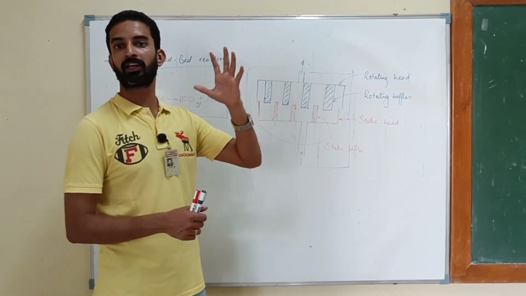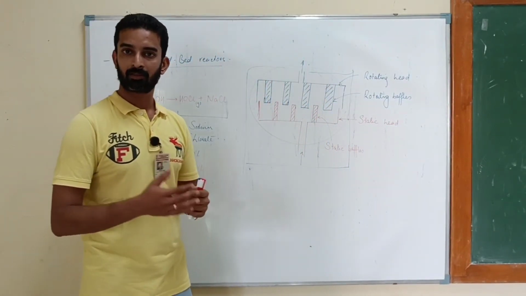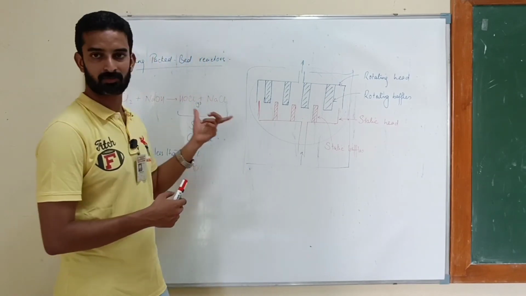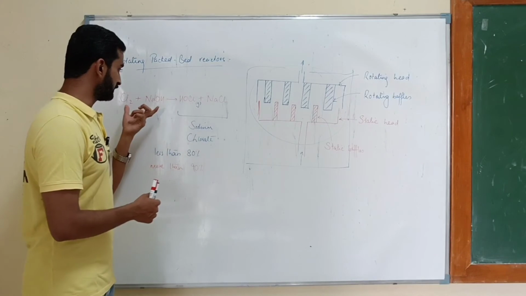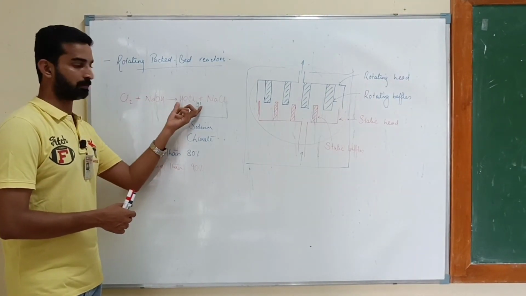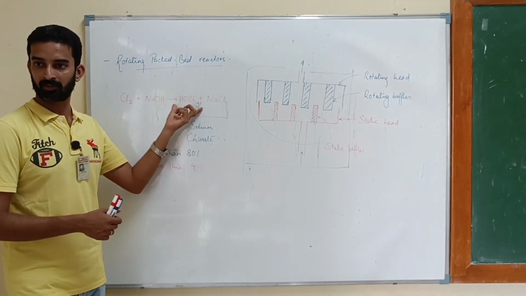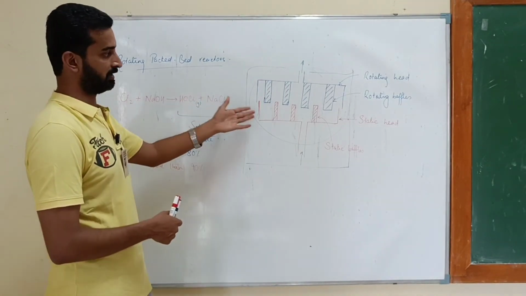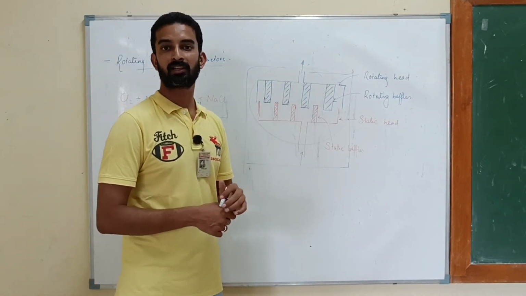Initially, these particular reactors were mostly used for separation processes, when you wanted to separate a substance, they were used for that. But later, different companies started applying this for reactions also, because in this reaction, along with the reaction, separation of the product is also very important. That is the reason why I told you reaction and separation are very important, and this reactor is giving very good results in that.